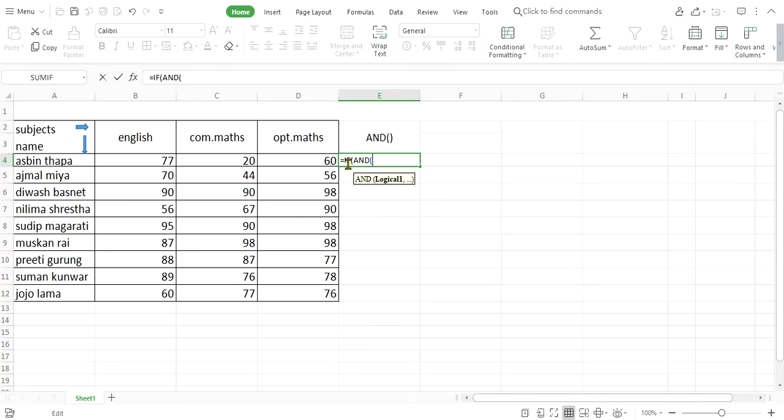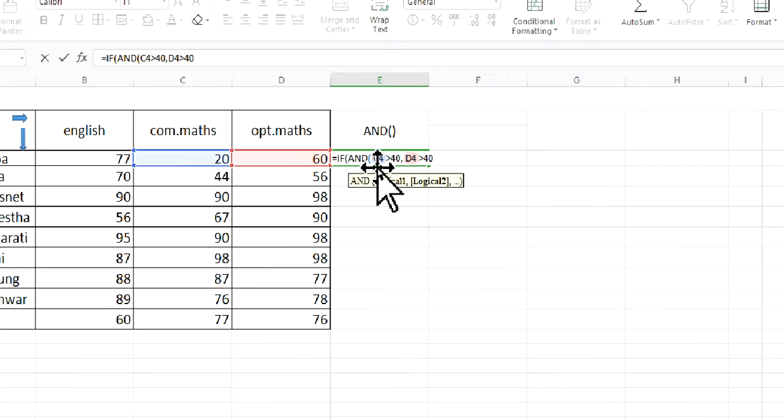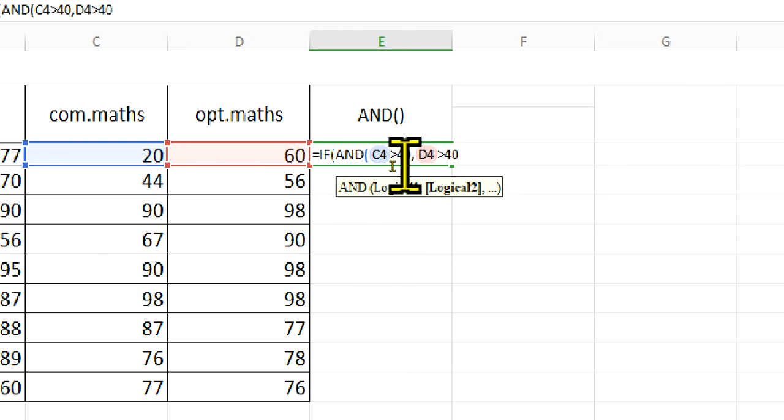The first condition, the first logical test for this IF function, is the compulsory math marks should be greater than 40, and the next condition to be fulfilled is the optional math marks also should be greater than 40.